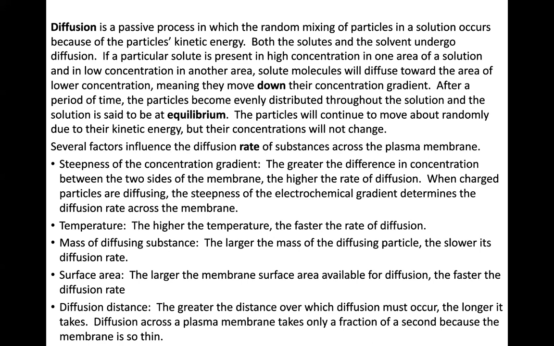The diffusing substance's size: the larger the mass of that diffusing particle, the slower its diffusion rate. Basically, we just think of it as, if it's bigger, it moves slower. That's an easy way to remember it. Surface area: the larger the membrane surface area available for diffusion, the faster the diffusion rate. Remember the other day, we talked about microvilli, the little finger-like extensions, how they increase surface area, and that's important for places like our intestines where we have to absorb. Well, absorption is just diffusion taking place where something's coming into a cell, okay? So places like our small intestine allow for diffusion to occur really rapidly because there's a lot of surface